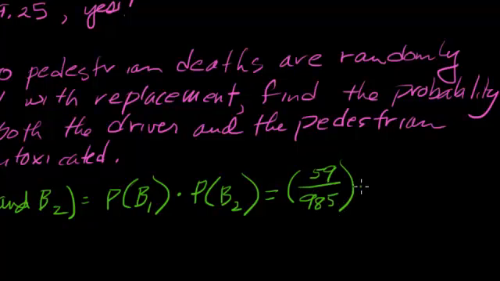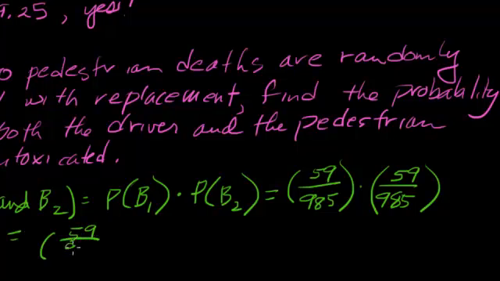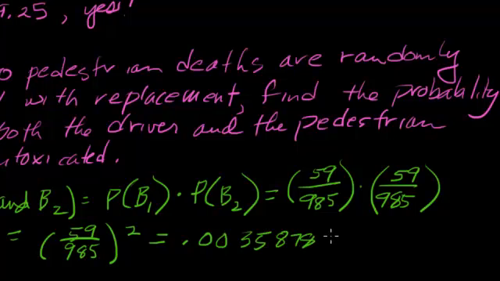But if they're independent events, we say with replacement, so we still have 59 out of 985. Or, of course, we could write that as 59 out of 985 to the second power. And here we get 0.0035878,